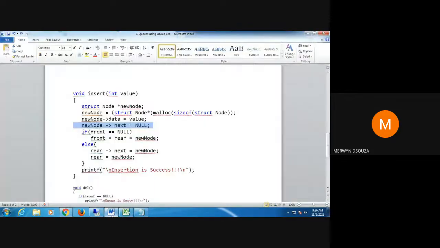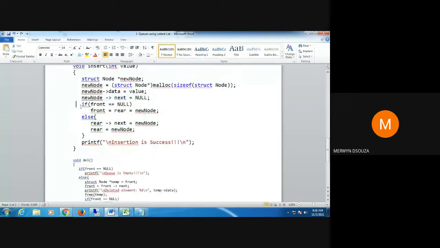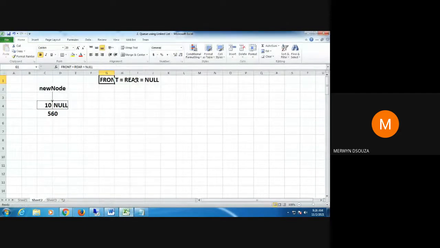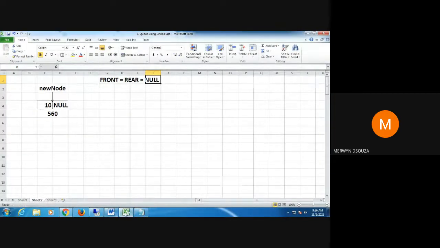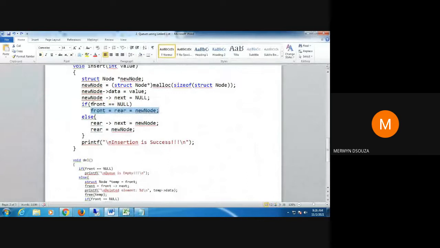So let's see how the program does it for us. We check here, if front equal to null, is front equal to null? Yes, front is equal to null, true. So therefore what we say, front equal to rear equal to new node. Because of this line, because front is null, this line will give the value 560 to rear and 560 to front.